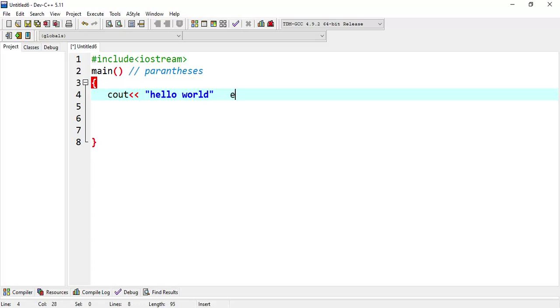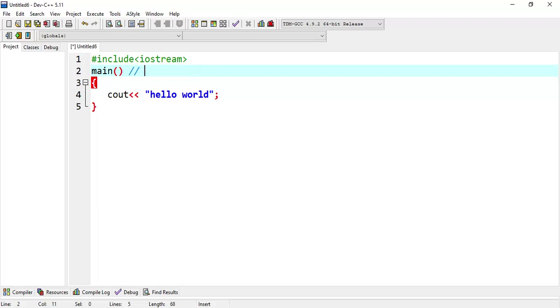Anything that is enclosed in double quotes is called a string. So if we have written some text and there is an opening double quote and a closing double quote, we will call that thing a string. We have already studied that each line will be terminated by the symbol semicolon. We have written a message that we want to display, hello world, on a screen.